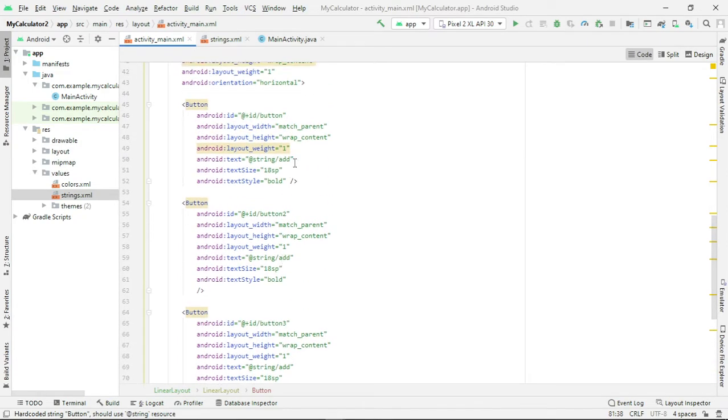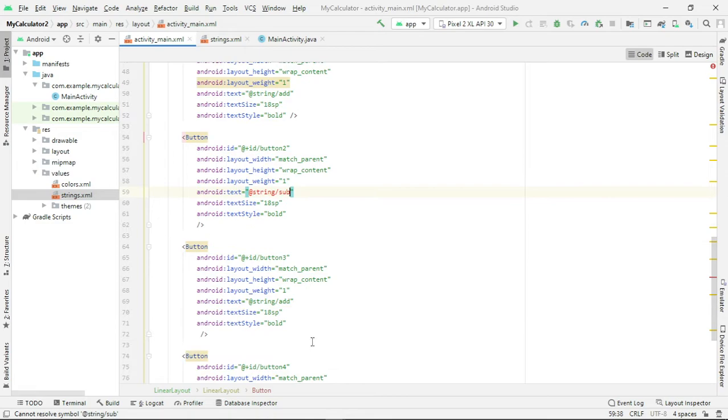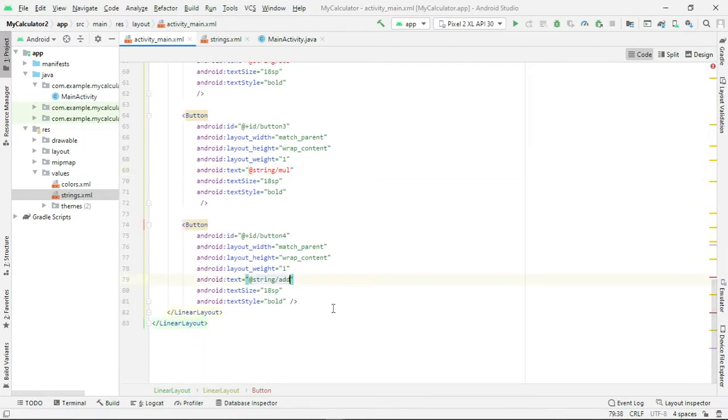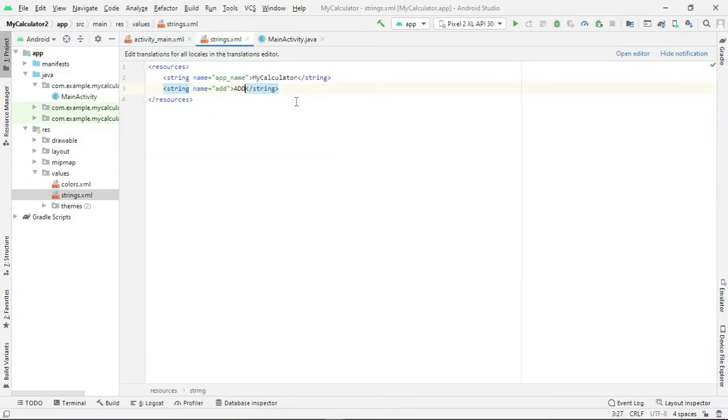The first one is an add button, the second one is a subtract button, let me give the name sub. The third button is multiplication, let me give the name mul. And the last button is division, div. So let's add for the string.